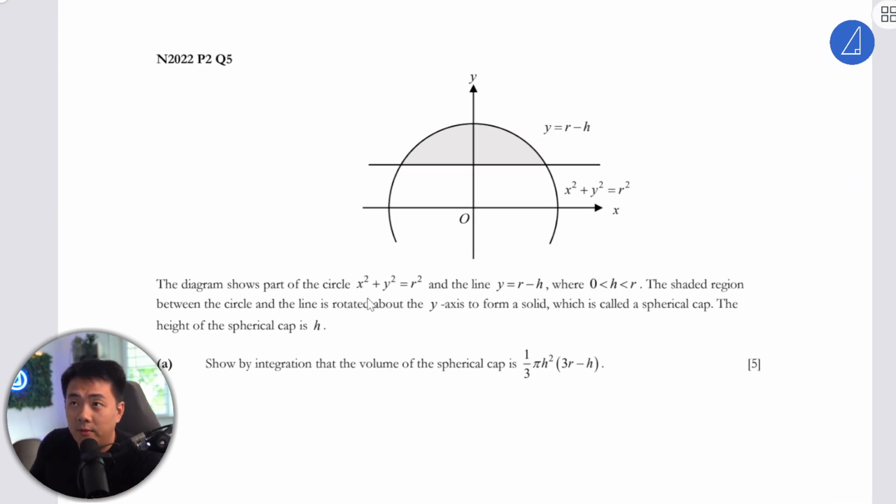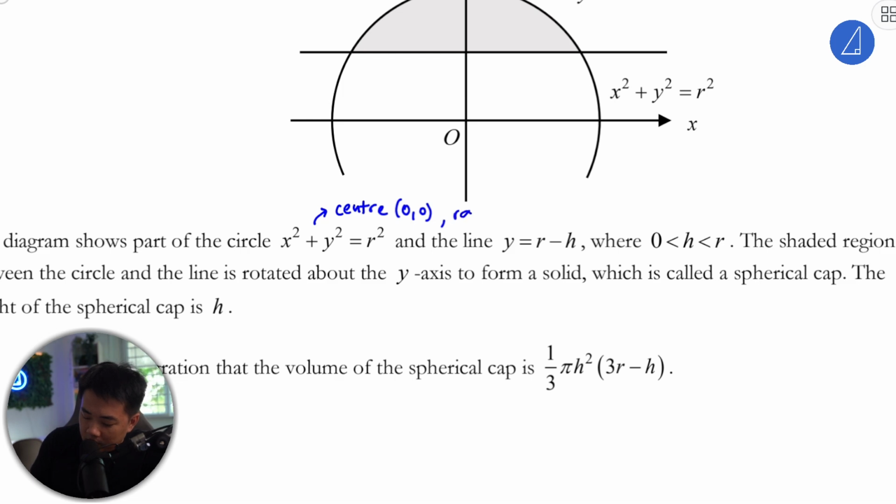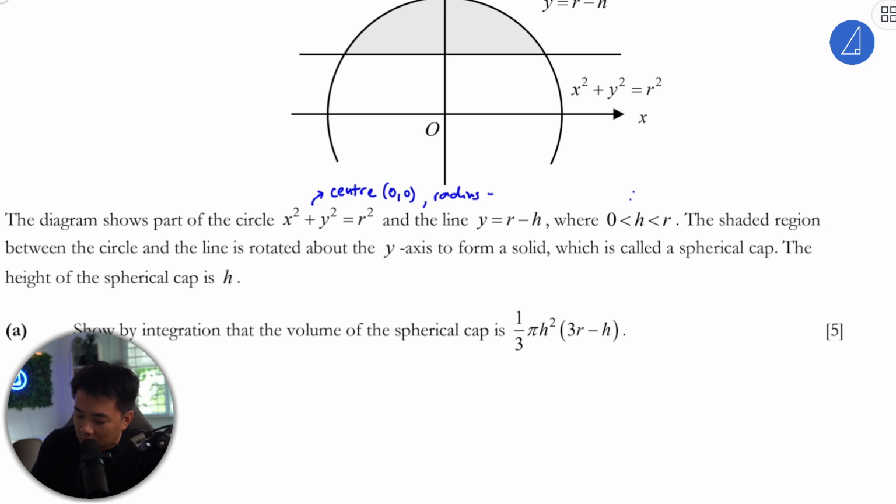So the diagram shows a path of circle x squared plus y squared equals r squared. What this implies is that the center is (0, 0), and the radius is just r, right? Okay, so we label on the diagram, what you'll see is actually